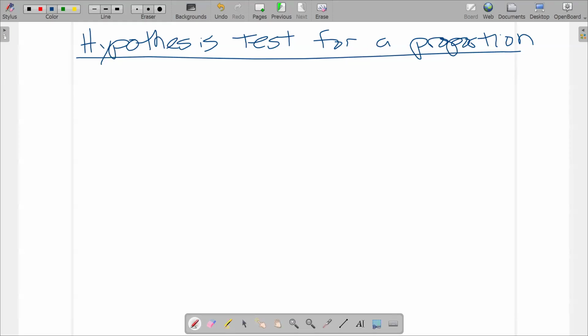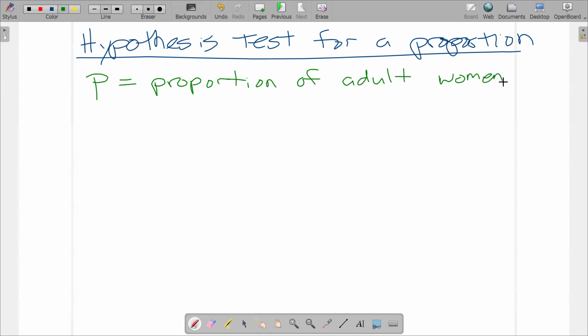All right, so the proportion we're going to look at here is P for proportion. And it is the proportion of adult women in New York around 2010 classified as, let's go with obesity,